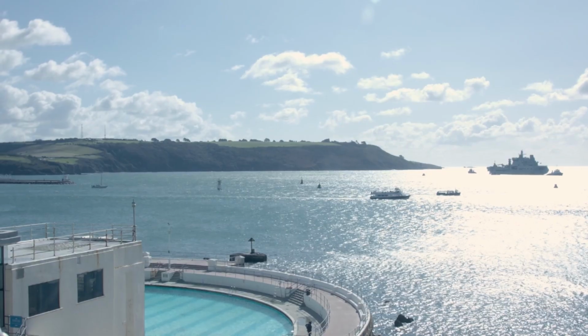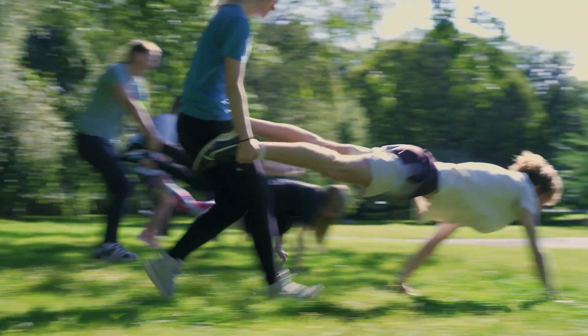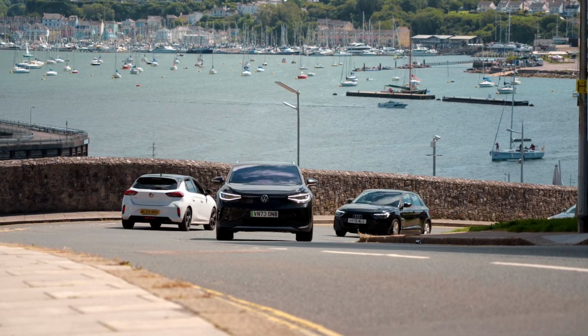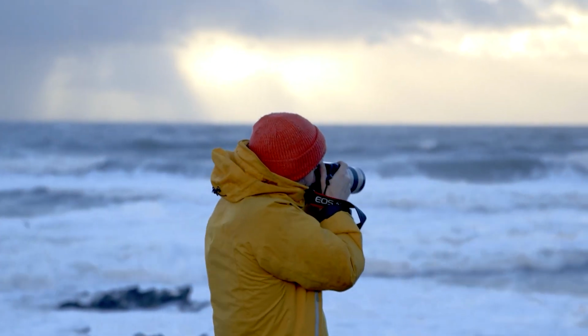From easy and fast connections to major cities such as Bristol and London, to tranquil seaside scenery, it's all within walking distance of the Arts University Plymouth. Join us at Arts University Plymouth and transform your passion for art into a thriving career. Unleash your creative potential, dive into limitless possibilities and become part of a vibrant community shaping the future of contemporary